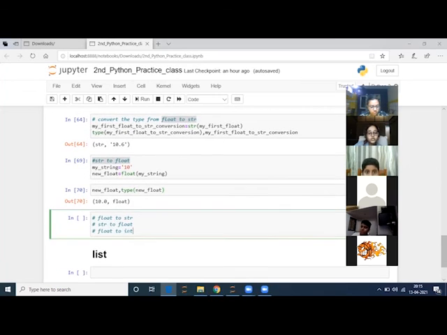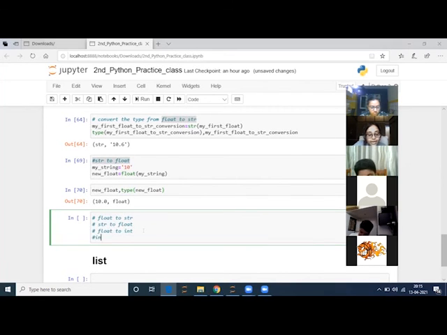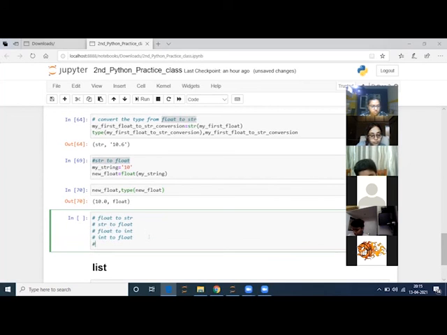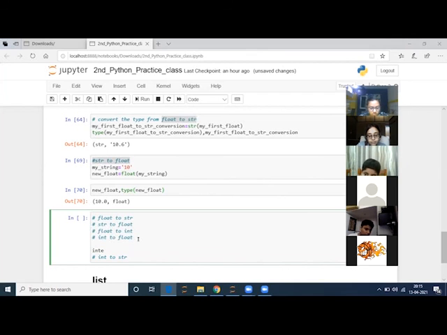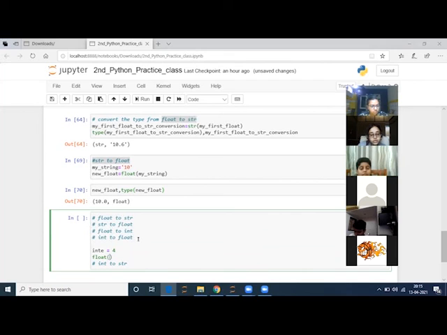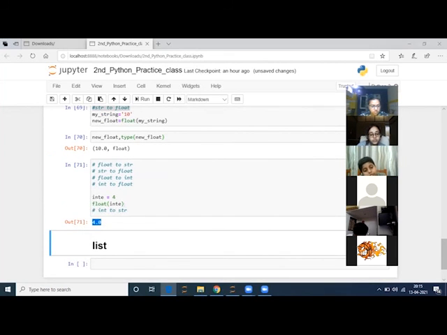We have to do some string manipulation, but there is no one-line code for that. Okay. So in the same way, float to string, float to int, then int to float, int to string, all of these could be done using the same logic. How could I do this one? Firstly, int t, maybe, is my integer value, and I'm taking 4, and I want to convert this int t into float. I get 4.0. Fine.